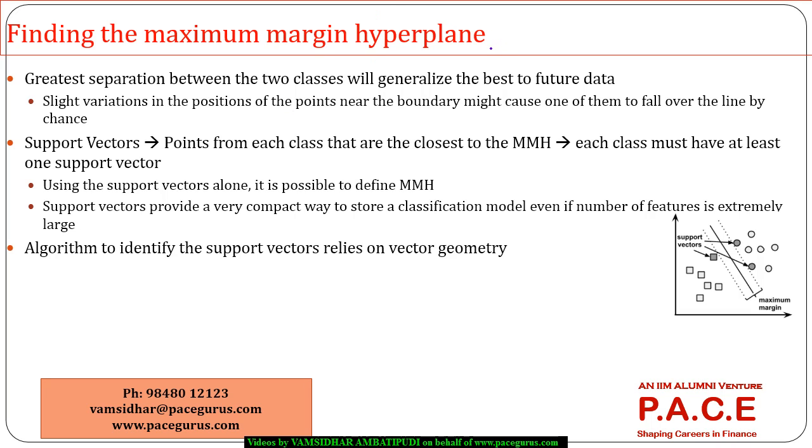What is that particular plane that has the maximum margin? How do I find that out? The intention of identifying the maximum margin plane is to find that particular line or plane which will separate the two groups of data with the greatest separation between them, and which should be applicable for future predictions as well. So if there are slight variations in the position of points, say this point comes this side, this point comes this side,